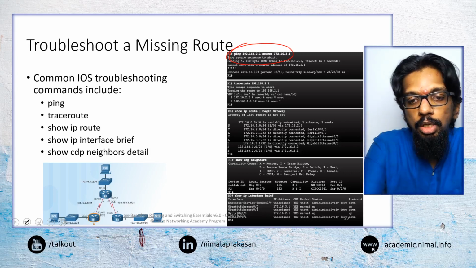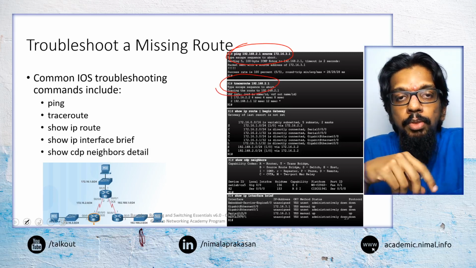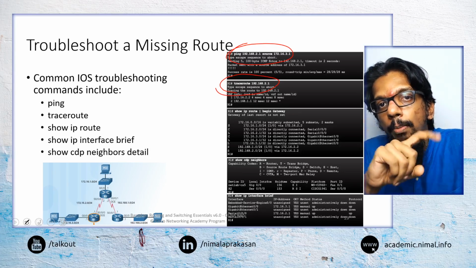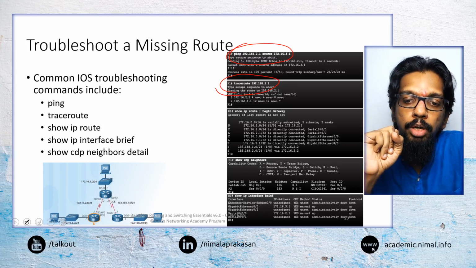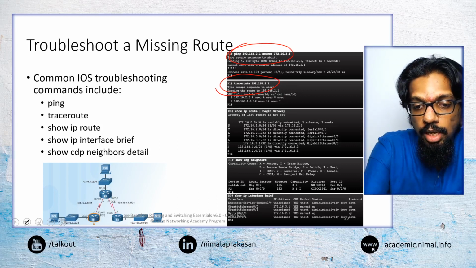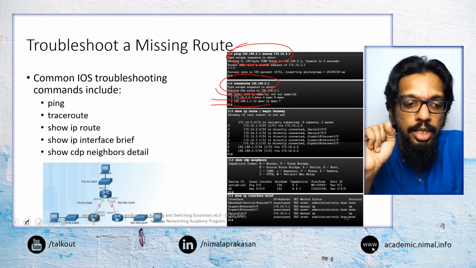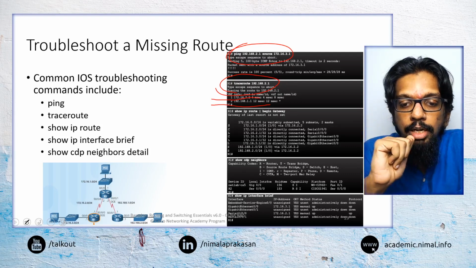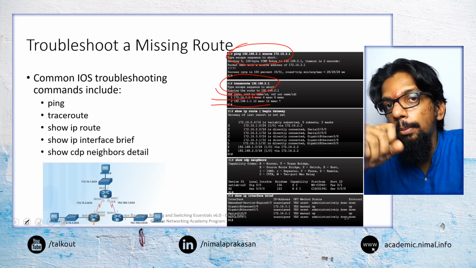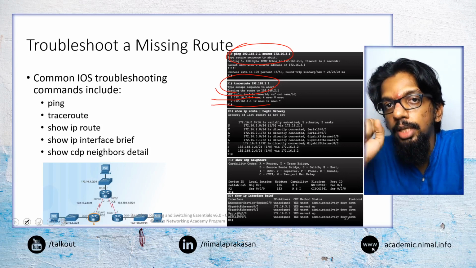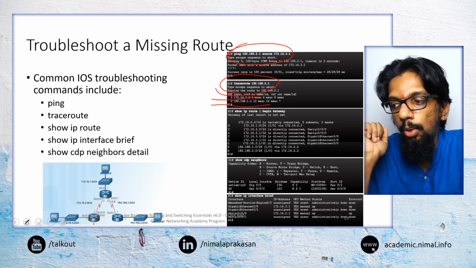Then we can also use traceroute to see how routing happens from a starting point to an end point. If we traceroute, it will say what are the different pathways it is passing through to reach the destination. So we will use that as well to see how the routing happens. Not just whether routing is happening, but also how the routing is happening.